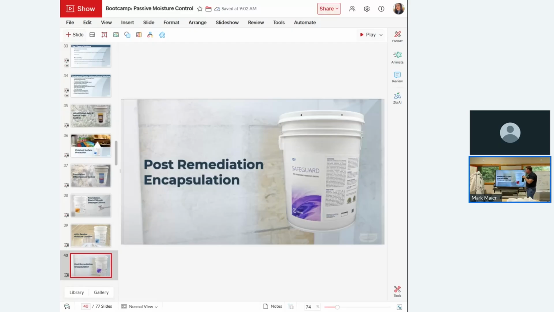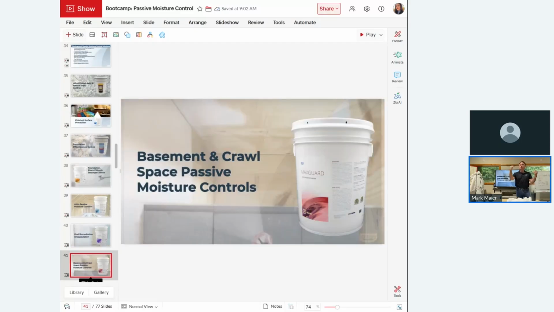Okay, let's talk about crawl spaces and basements. This is where we've seen MaxGuard White sell the most, because again, people want to brighten up those areas and have white walls, white joists, if you will. Some people like it, some people don't. It's up to you. We do have MaxGuard Clear for that reason. But if you want to really brighten things up, then MaxGuard White is the way to go for unconditioned spaces. Okay, basements, attics, crawl spaces, and again, only attics if the white pigmentation isn't going to be a problem. Next,